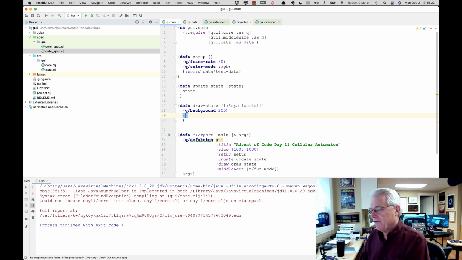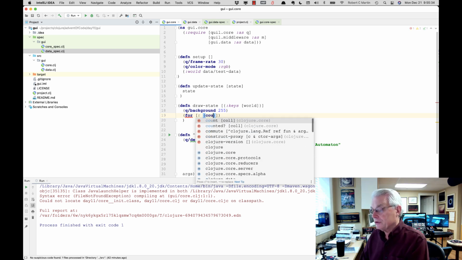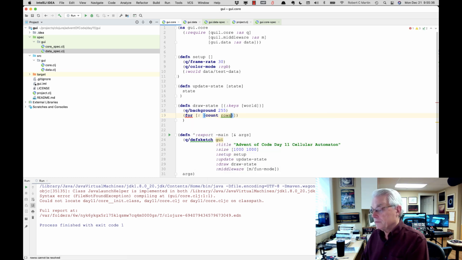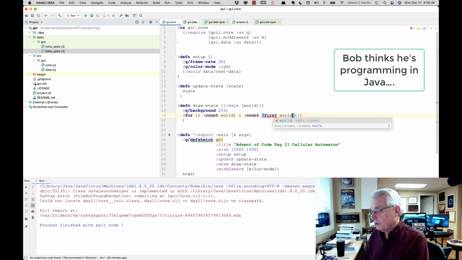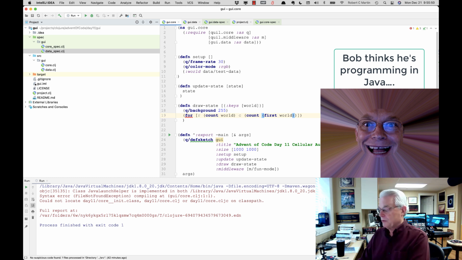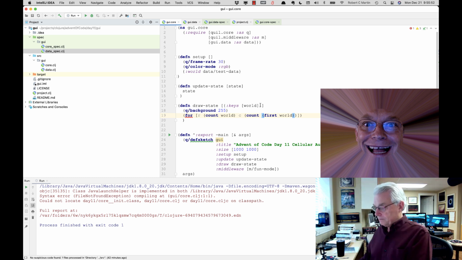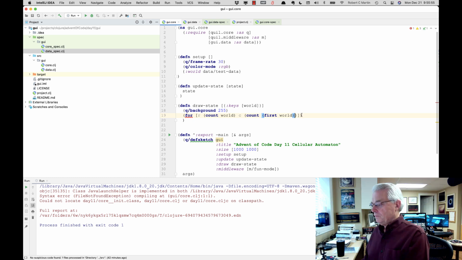Let's say for. And we've done this before, haven't we? For c in count r in count rows, count world, and c in count the first of world. Okay, perfectly reasonable. Okay. Now,